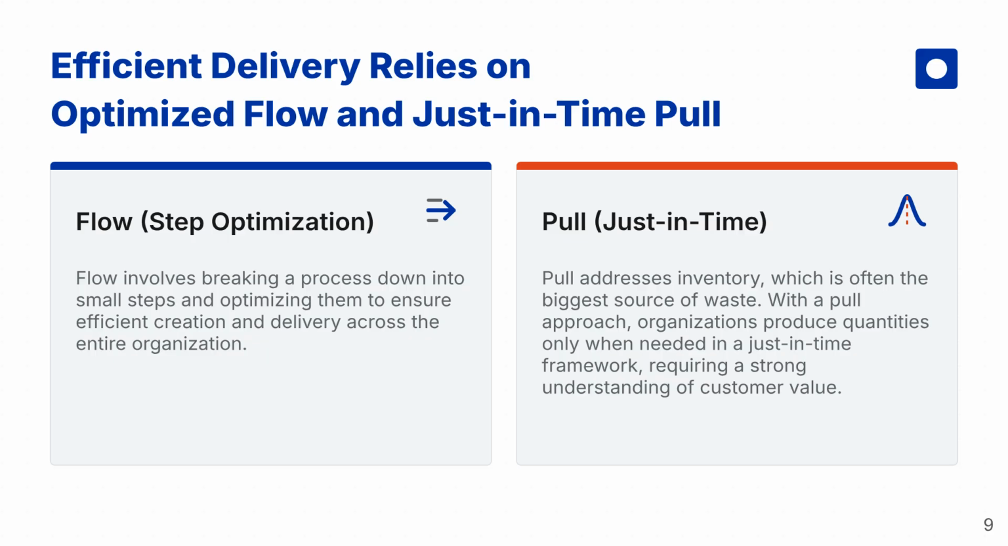Together, flow and pull create a highly efficient process. Flow ensures that work progresses smoothly without interruptions, while pull ensures that resources are used only when there is genuine demand. These principles not only reduce operational costs, but also improve customer satisfaction, making business processes well-suited for successful robotic